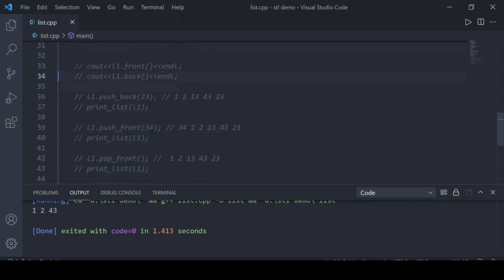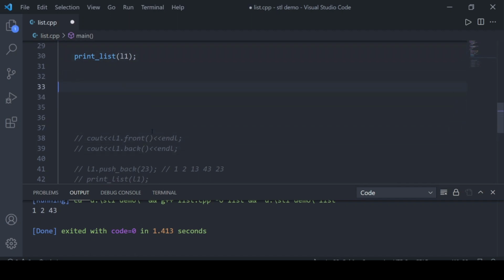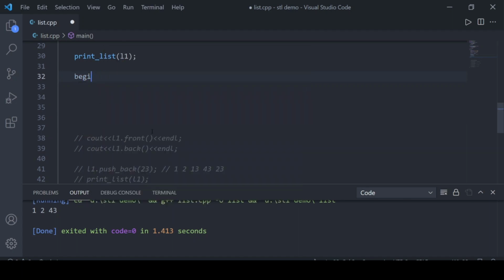Other things are similar, just like I would write some functions which are similar in implementation with vector. I would not show their demo because they are quite similar as we have done in vector, so you can try that also. So the begin function is the same as with the vector. The size function is the same, the empty function is the same. If you don't know how these work, then you can refer to my previous video on vector, because I will be telling you the new things and saying that these things we have already done and they are the same in this also. And reverse begin is also the same.